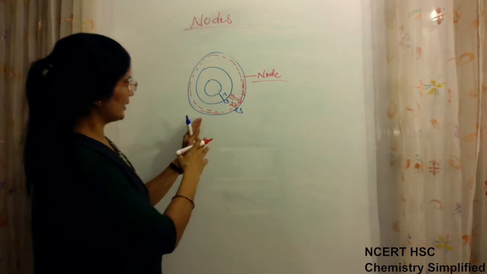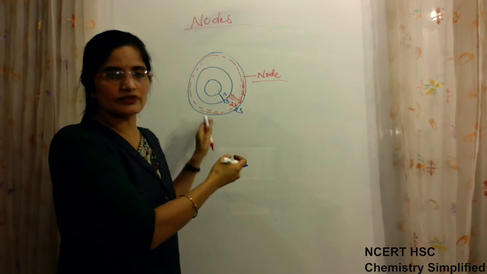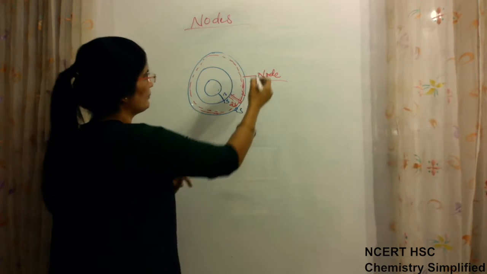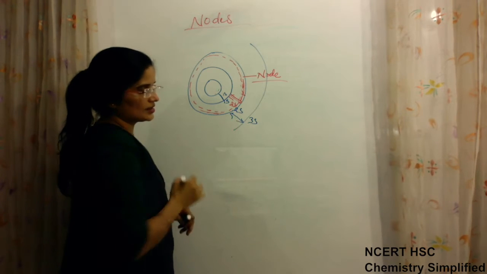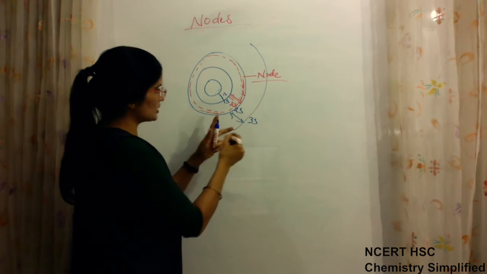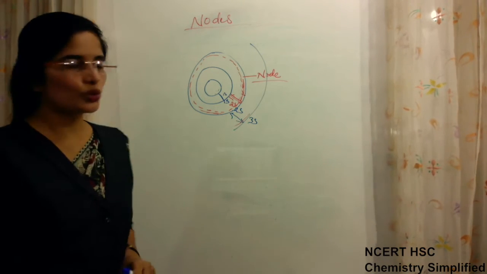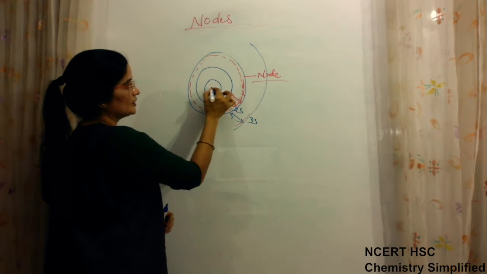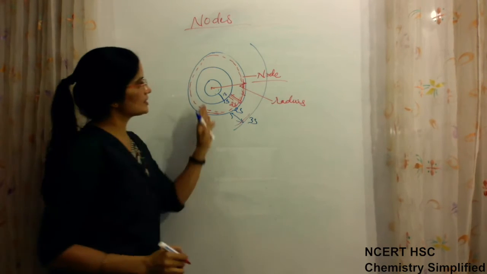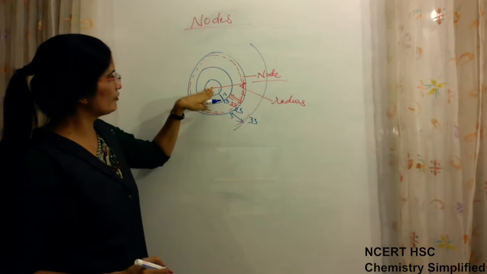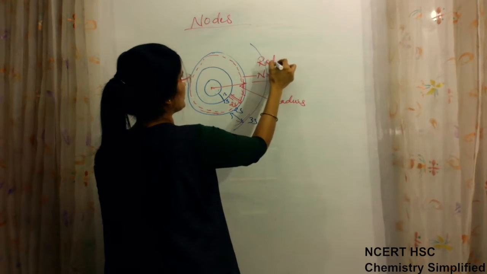Okay, so after the end of 2s, 2p is there, but we are not drawing 2p because we are just concerned about s now. So then comes 3s. So from 2s to this, suppose this is 3s. This is the area for 3s. So now just near to it, one node again will appear. Clear? Because these nodes are in the distance like this, this is actually the radius. This is the radius of the atom moving from the center outward. So these nodes are actually known as radial nodes.